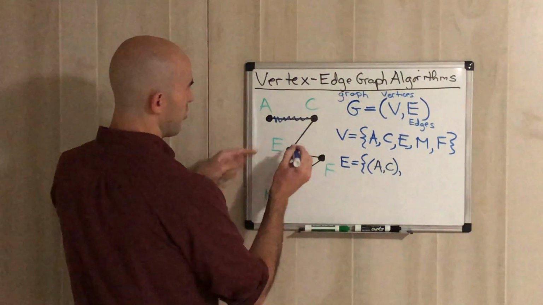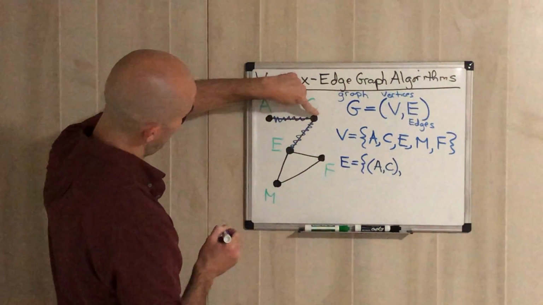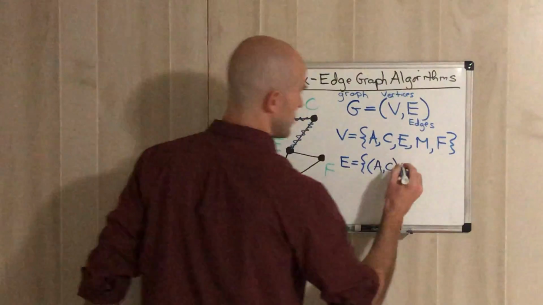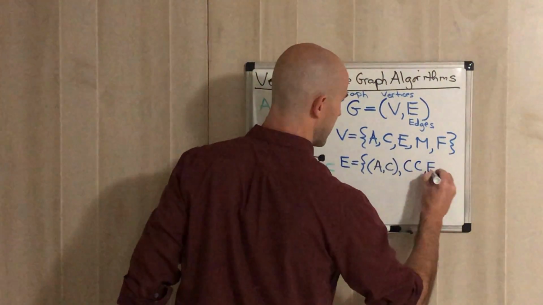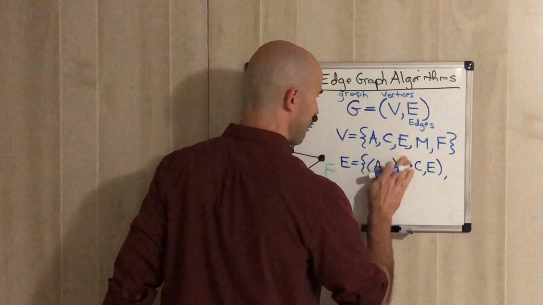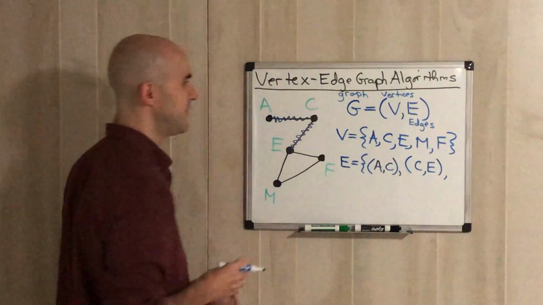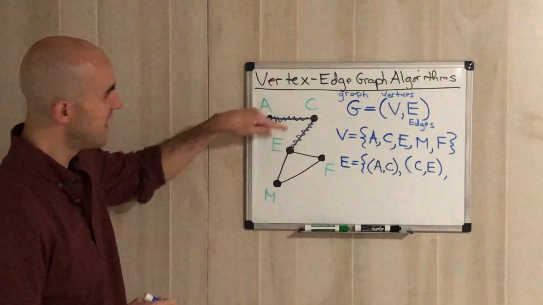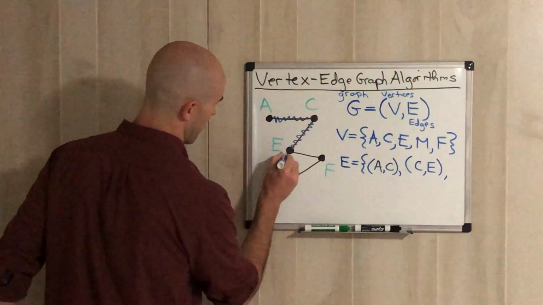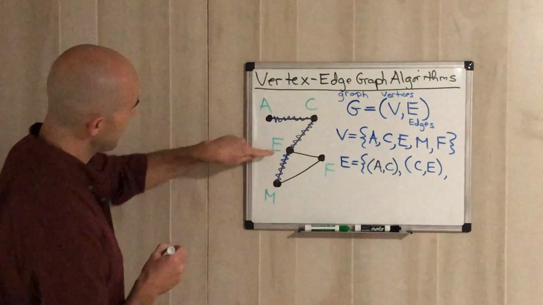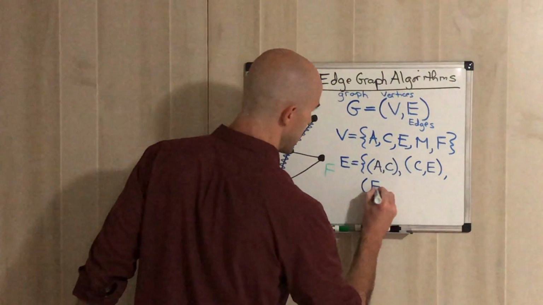Our next one we can write, this one right here, right? So this one right here, we can call that CE. So we call it CE, right? That's another one that we have. Let me just make that look more like a parenthesis as opposed to a C. We have that one as well, right? And now we just keep going through the list, right? We have another edge right there, right? So that one we can call it EM, right? So we call it EM,